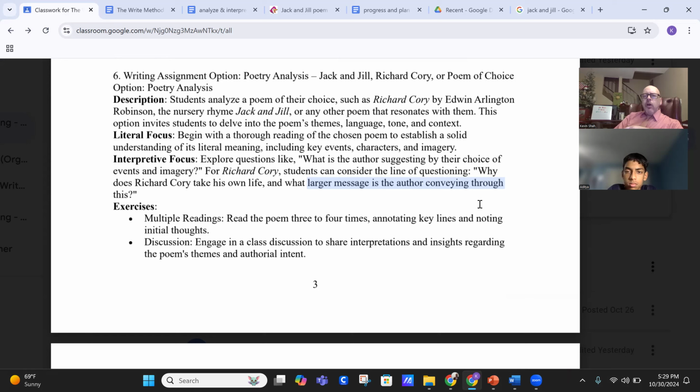The person writing the song does not own the meaning. The meaning is owned by you. And in fact, you don't even own it completely because a year from now, when you read or listen to the same song, you might come away with a different meaning altogether. So meaning is pretty subjective. But what's good about this is that it forces us to be good scavenger hunters of evidence from the text. All right, enough said there.